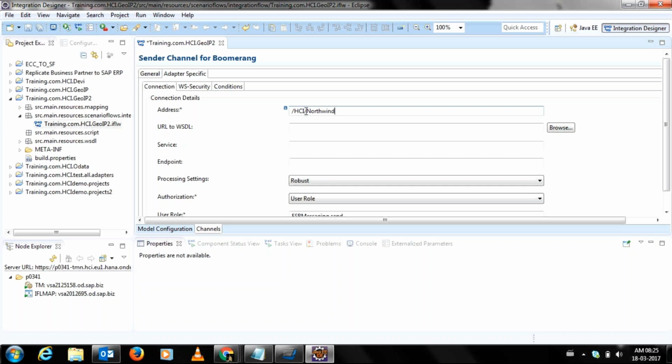So this is the address which I gave, and this is all based on me. I can name it anything, but it should be under the naming convention of your company. If you are the first person installing it, then create a naming convention for further use also. It should not be like they are naming arbitrarily. So if you are first implementing, then keep the naming convention as crisp as possible for all the objects you